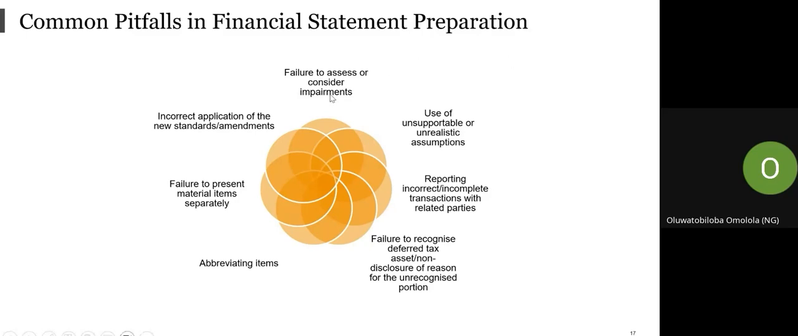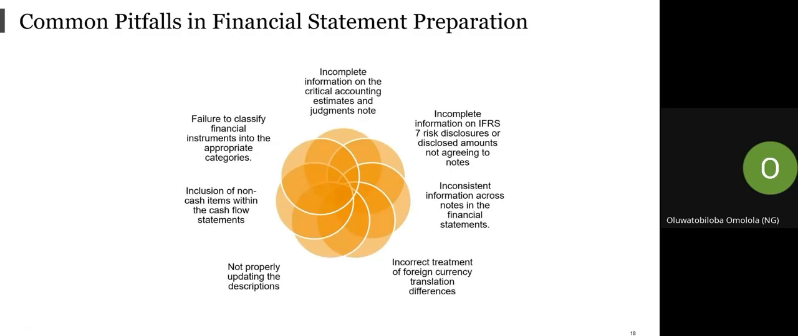People don't consider impairment when preparing financial statements. They just prepare the financial statement without considering impairment. When we are doing some assumptions, maybe the useful life of an asset, we use unrealistic assumptions. We don't usually recognize the deferred tax assets and deferred tax liability. These ones may not really come in your management account, but when you're preparing financial statements for reporting purposes, you need to include all of these things. Then the incorrect application of a standard or a new standard. Failure to disclose financial instruments, inconsistent information in the notes to the accounts, incorrect treatment of foreign currency translations, and